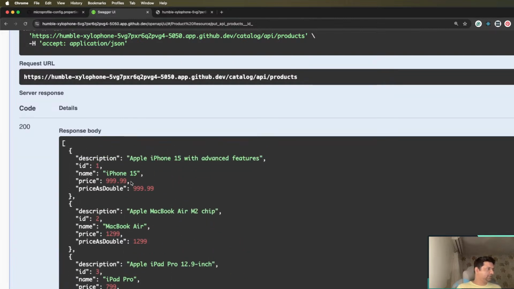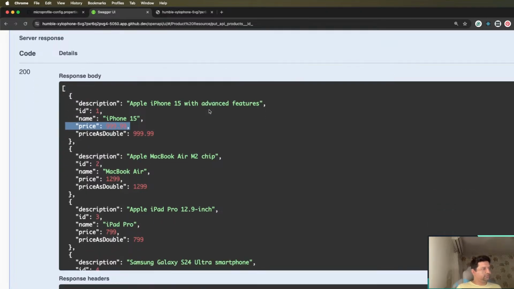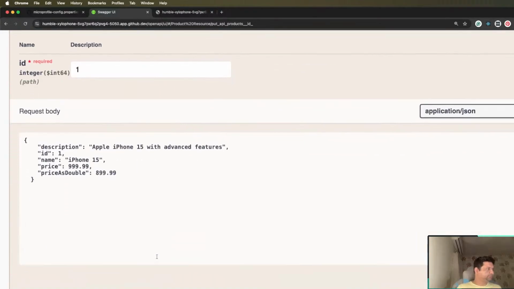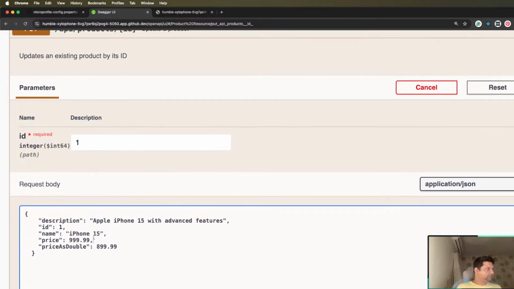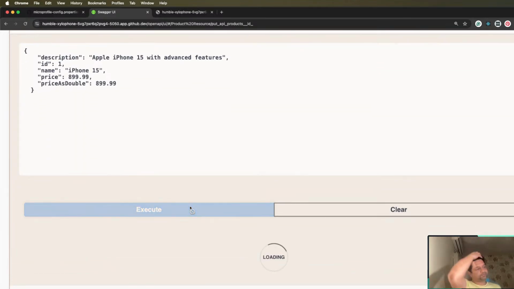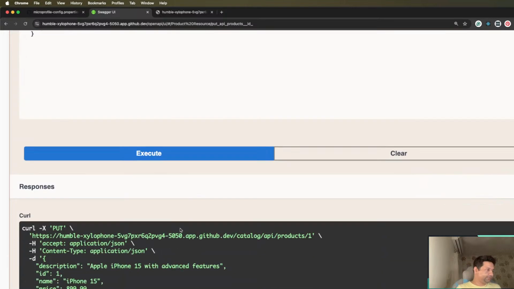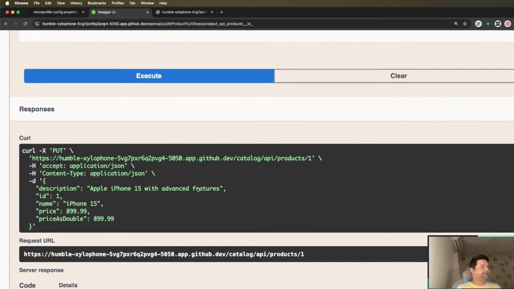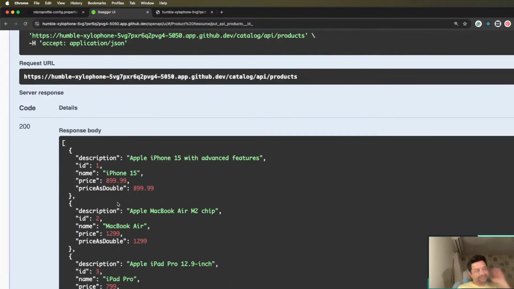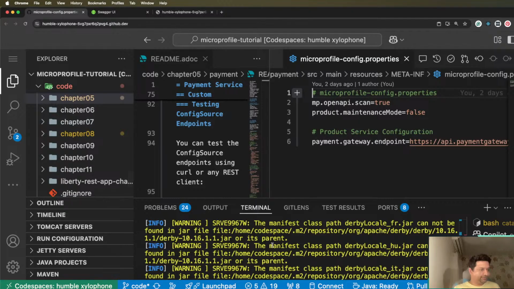So $8.99, and I think we should put both of them as $8.99 to change this. Okay, so $8.99. Now if I execute this, the value has been changed, right? So now let me stop the server